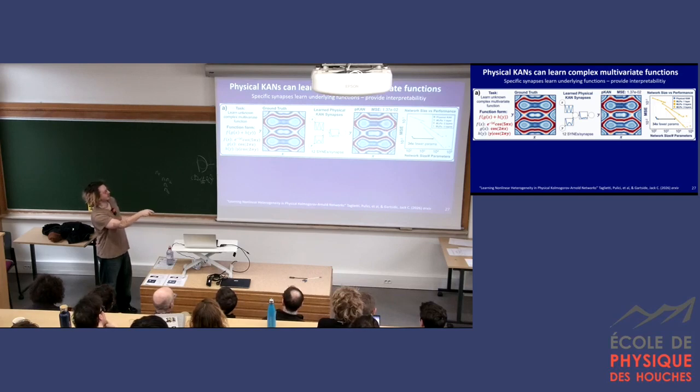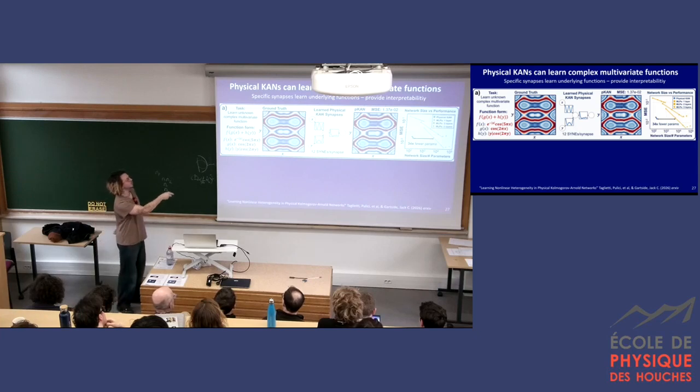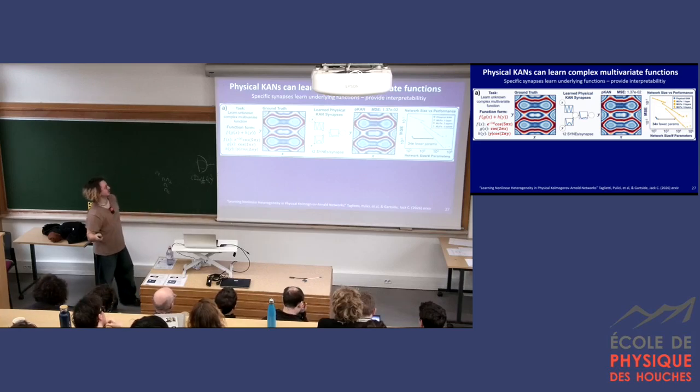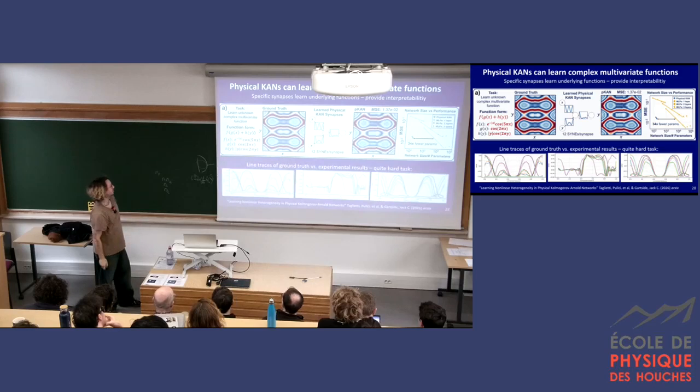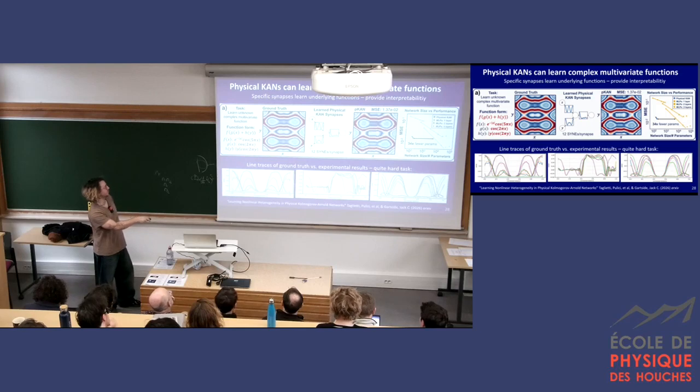And again, we're outperforming MLPs. So it's worth saying we've got a big inductive bias here. We've constructed our network with the shape of the equation. So take that with a pinch of salt. It's not really a fair test. But if you did want to do this task with an arbitrary MLP, it's working nicely. And just to give you a sense of how hard this is, these are some cuts across these surfaces with the ground truth and the experimental data.